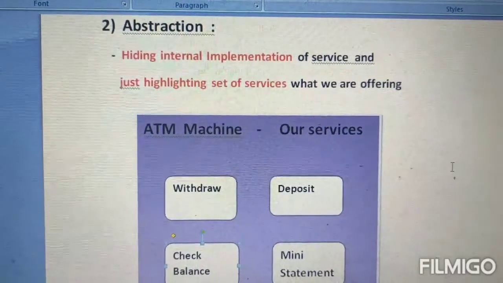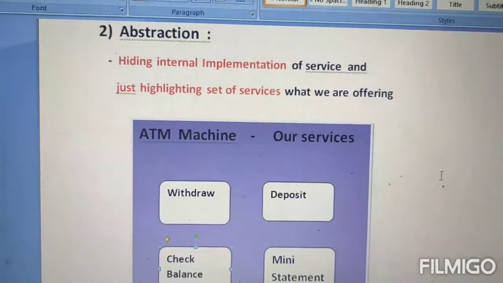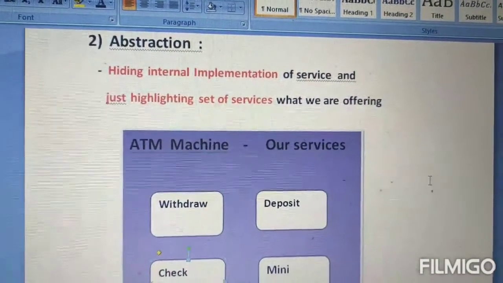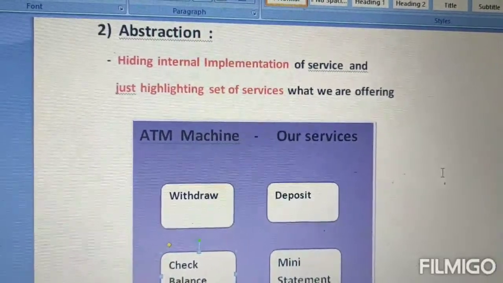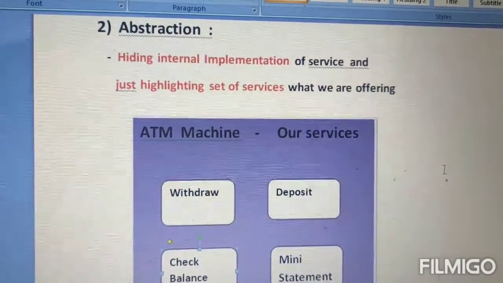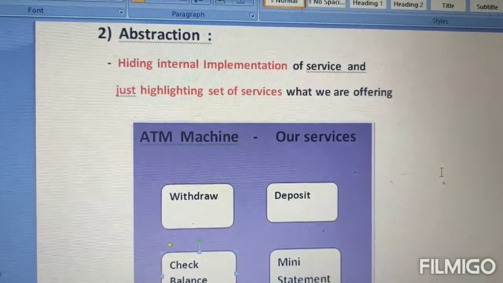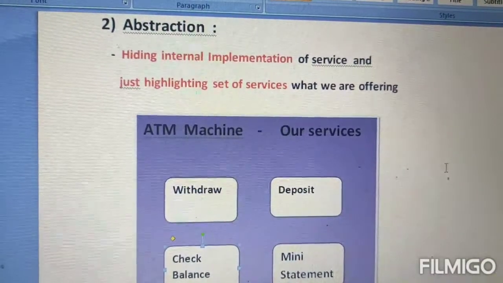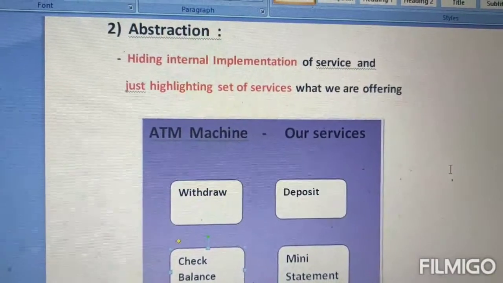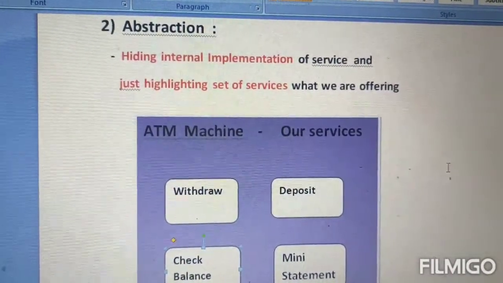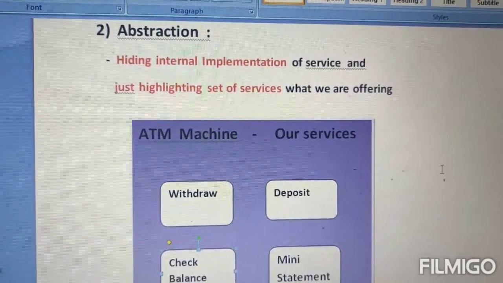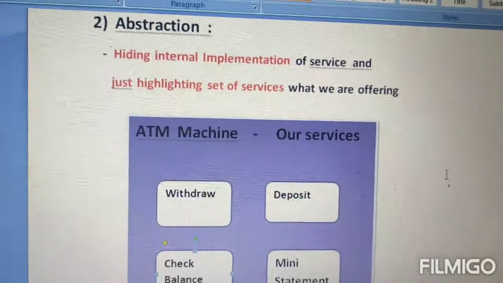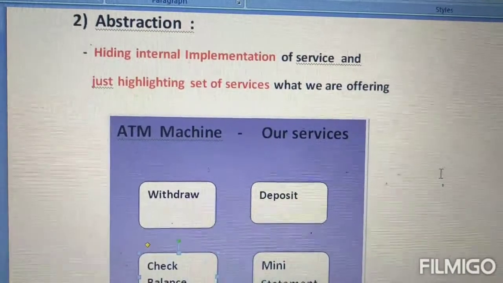Guys, these are very basic topics of Java learning. These topics come under OOPS concepts. So guys, you should always be aware of these basic topics first to understand Java thoroughly. So guys, be ready to learn abstraction and encapsulation. Okay, we'll see what is abstraction now.